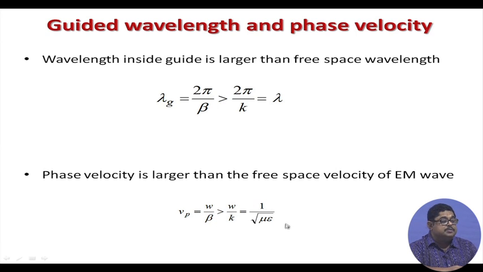Now, what is this velocity? If it is in free space, 1 by this, actually if you put this value, because these are constants, this will come to be 3 into 10 to the power 8, that is the speed of light. So, inside a waveguide, the TE mode phase velocity is larger than the velocity of light. So, you can have a fast wave, we call any wave which is faster than the velocity of light a fast wave. So, inside waveguide you have fast wave, that is why waveguides are called